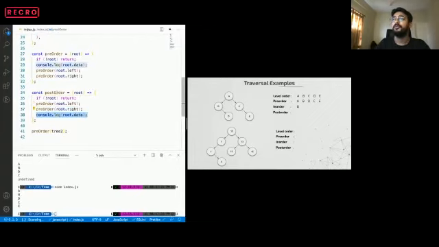Since it's a post order, we move it to the end, and the rest remains the same. Okay, so let's print the post order of it.